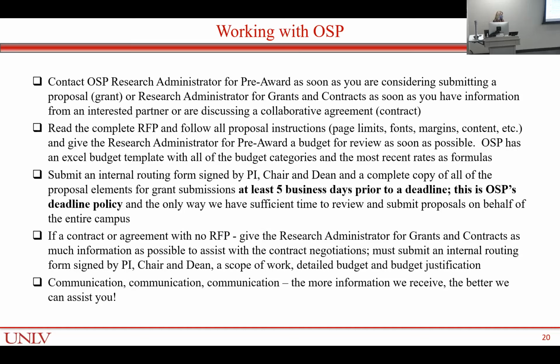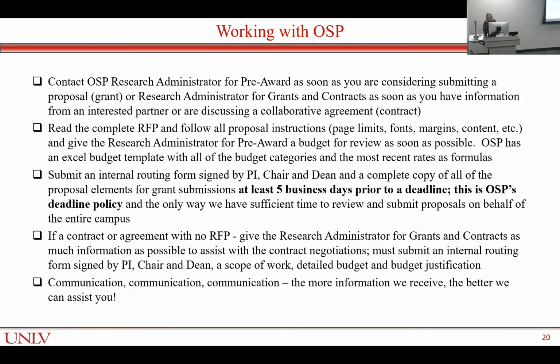set up and you've identified there are 50 opportunities out there that somehow relate to the work that you're interested in. And now you've selected one you want to go for. Let the pre-award OSP RA know as soon as possible. Read the whole funding announcement RFP so you know what you're doing matches and you know the timeline it's going to take you. If you got to write 5 pages as opposed to 20, you're going to budget your time